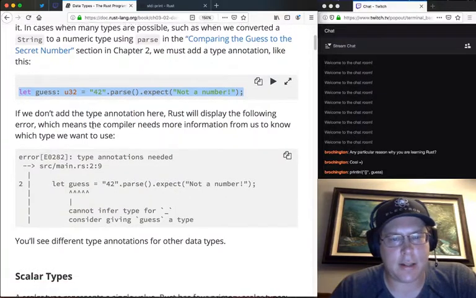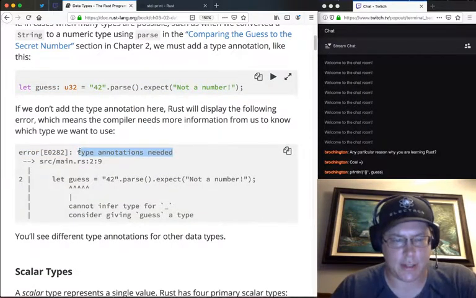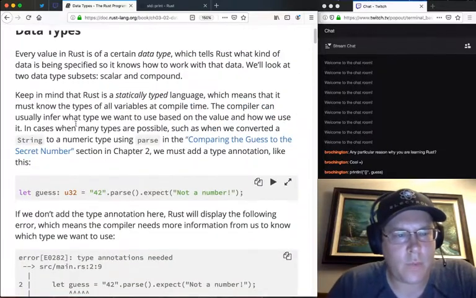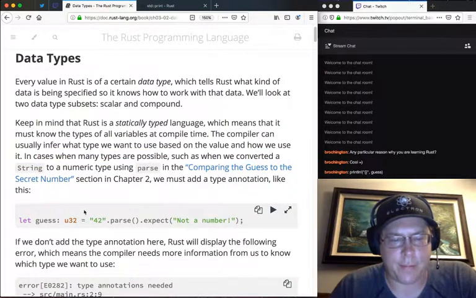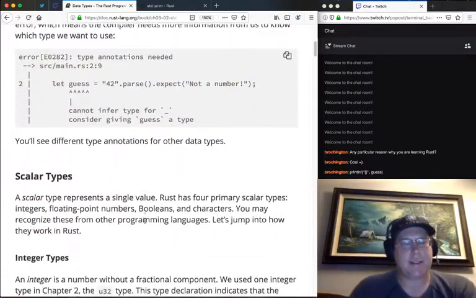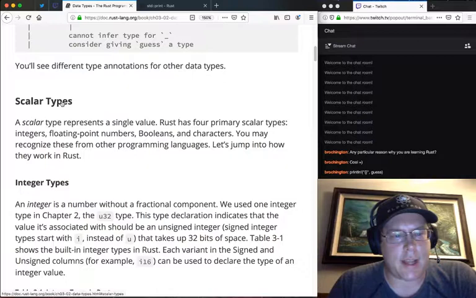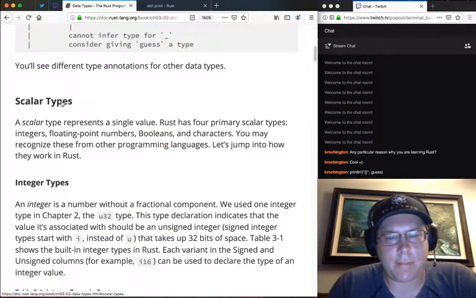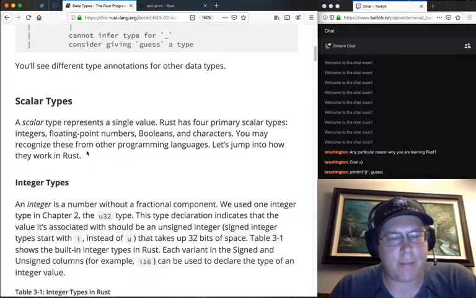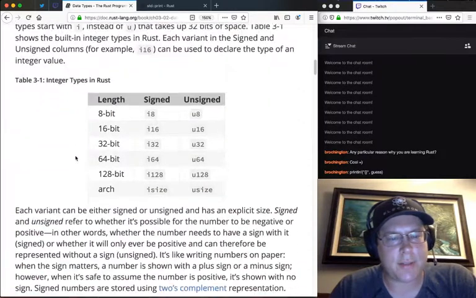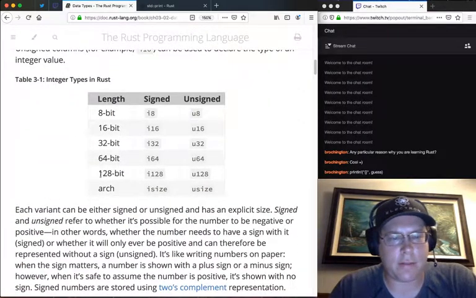If we don't add an annotation here, Rust will say type annotations needed. Let's see. In cases where many types are possible, such as converted string. Okay, yeah, I believe that makes sense. Alright, so a scalar type represents a single value. Yep, Rust has 4 primary scalars: integers, floats, booleans, and characters. May recognize these from other languages. Integer types. We got 8, 16, 32, 64, and 128-bit